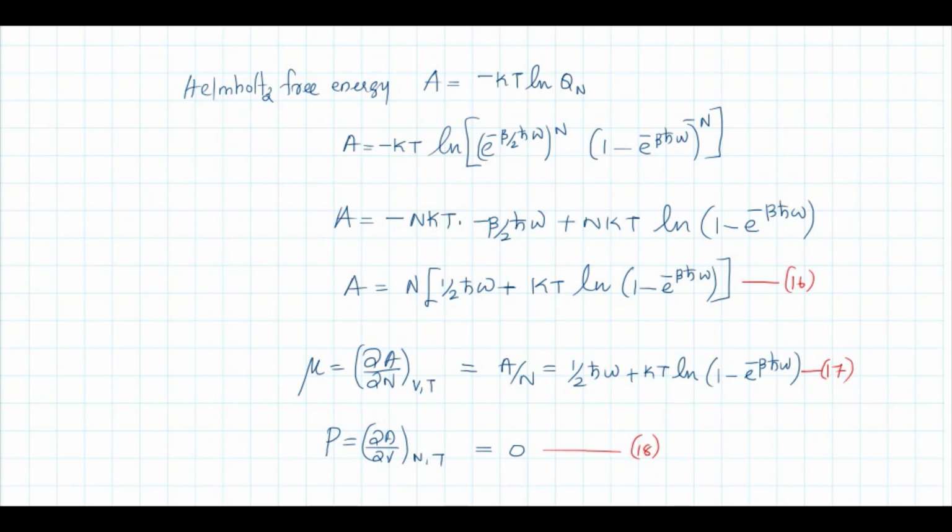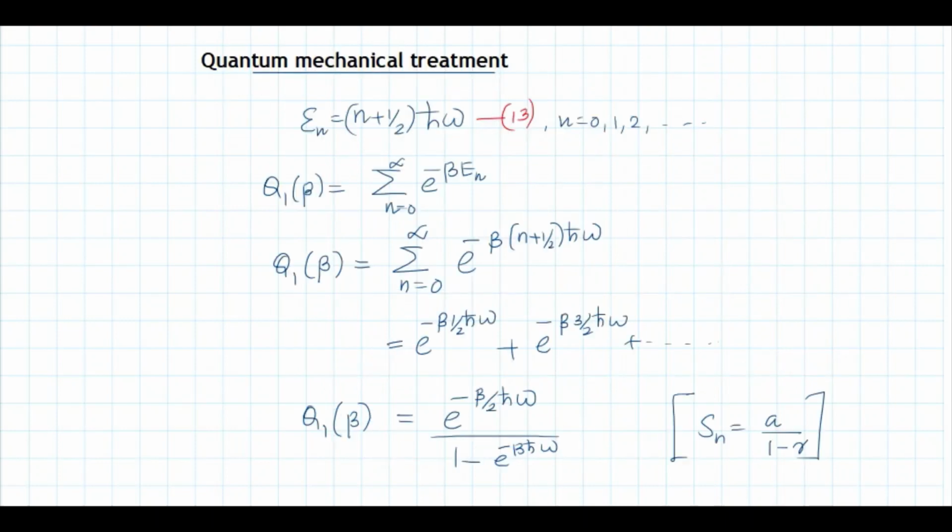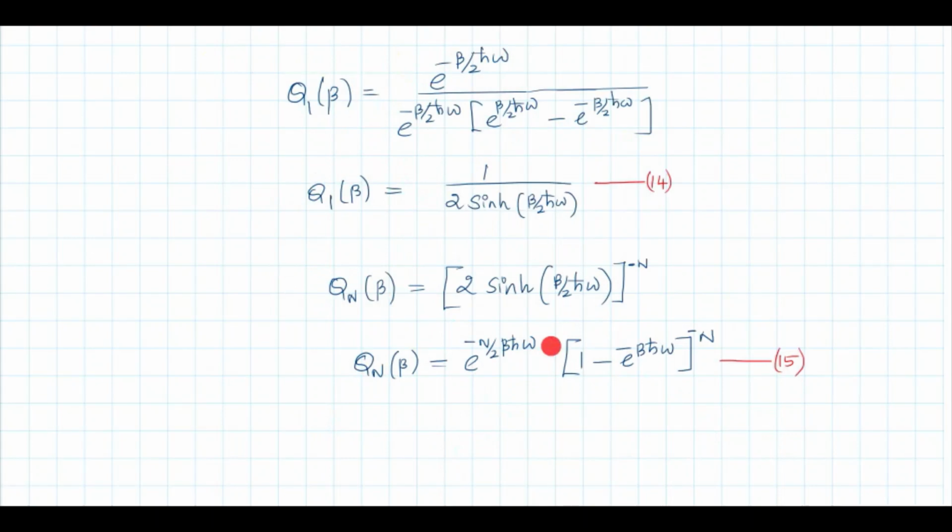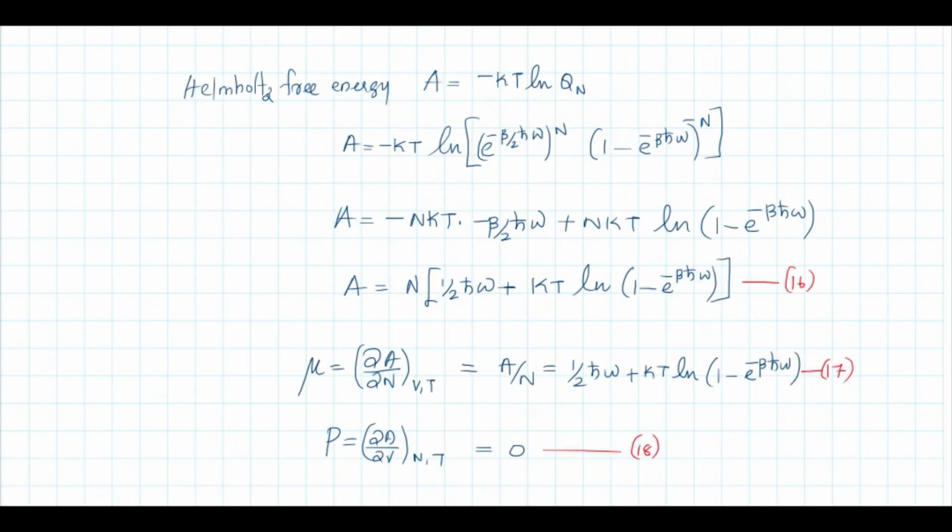Now, Helmholtz free energy. Again, we will calculate all the thermodynamic parameters. The only difference between classical treatment and quantum mechanical treatment is the way in which we obtain the partition function. So Helmholtz free energy is minus kT log Qn. Substitute for Qn, then take a logarithm. This n will come to this side. So this is minus nkT